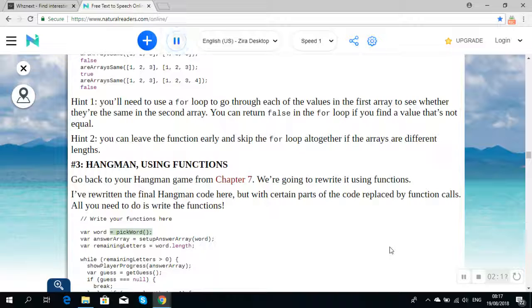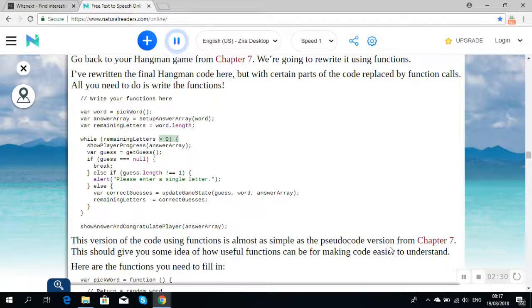var word = pickWord(); var answerArray = setupAnswerArray(word); var remainingLetters = word.length; while (remainingLetters > 0) { showPlayerProgress(answerArray); var guess = getGuess(); if (guess === null) { break; } else if (guess.length !== 1) { alert("Please enter a single letter."); } else { var correctGuesses = updateGameState(guess, word, answerArray); remainingLetters -= correctGuesses; } } showAnswerAndCongratulatePlayer(answerArray);